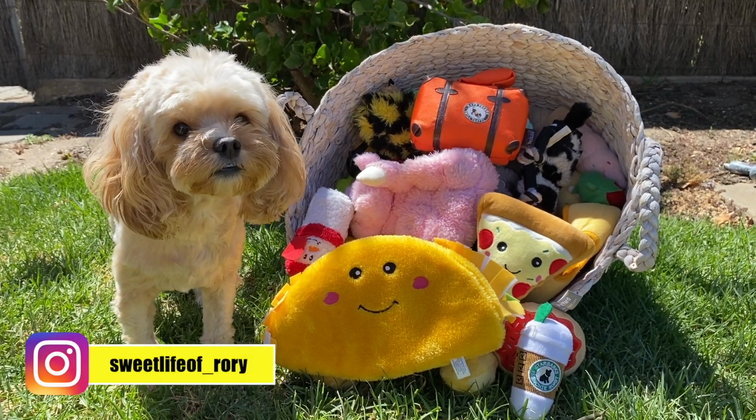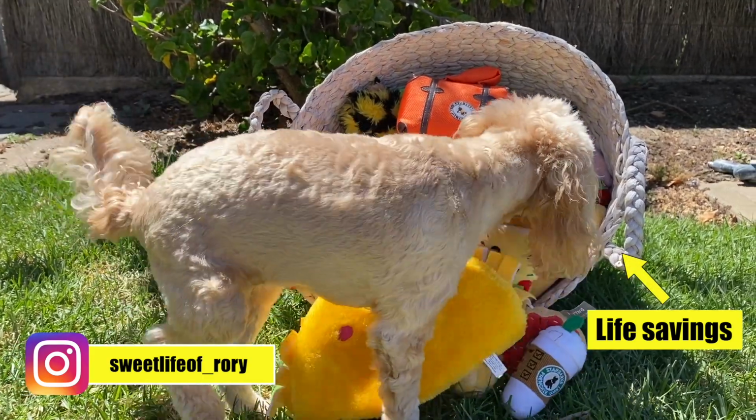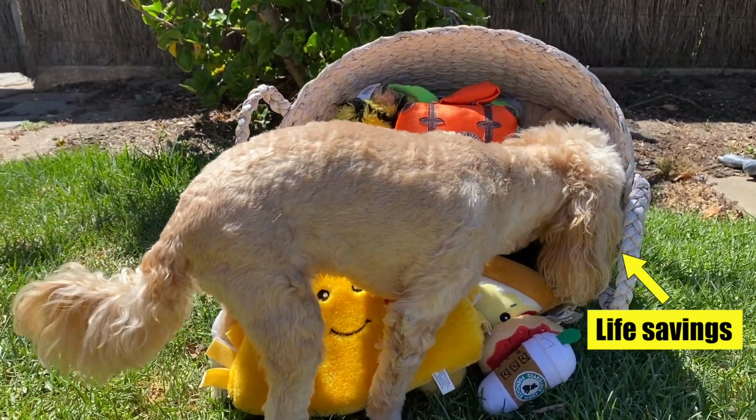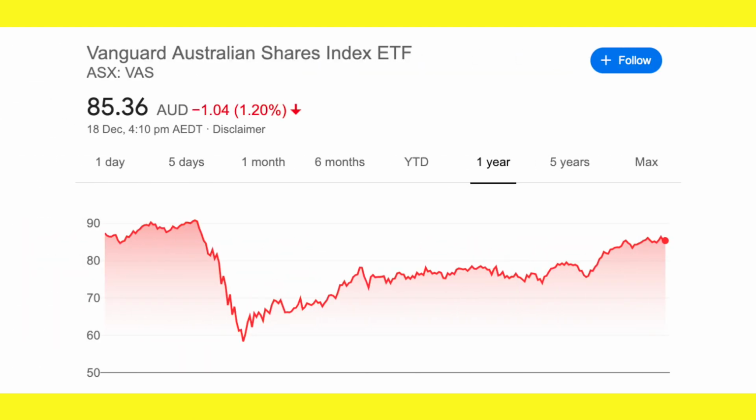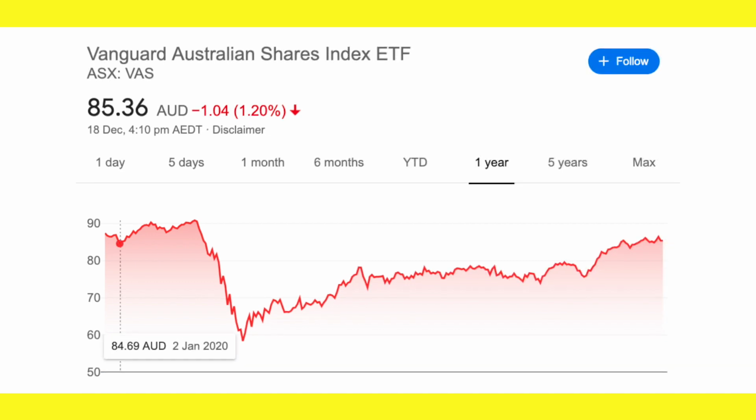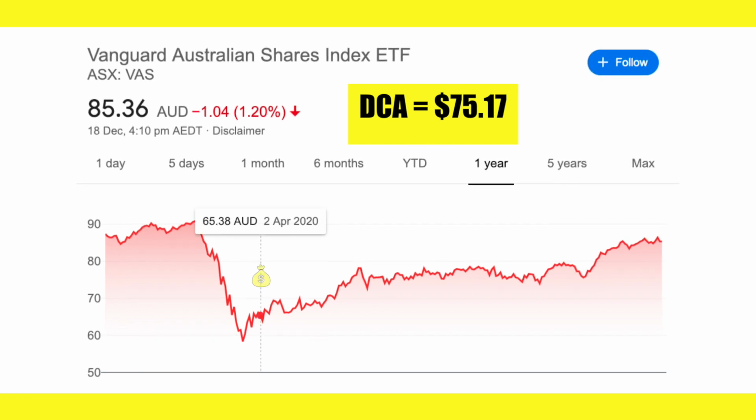Now let's have a look at how this compares to investing the same $10,000 in a simple lump sum transaction. Timing now has a much bigger impact on your investment from the outset, as you're about to see. If you invest on January 2 at a price of $84.69, you are obviously well ahead of the DCA strategy we looked at before, which achieved an average price of $75.17. However, if you held off and instead invested on April 2, right after the COVID-19 downturn, then the strategy is well behind our earlier example. Your entire $10,000 investment is sunk into the market at a price of $65.38.